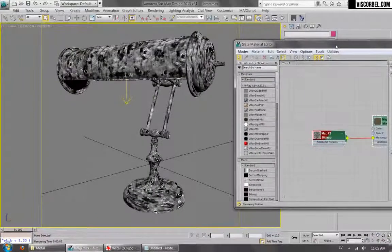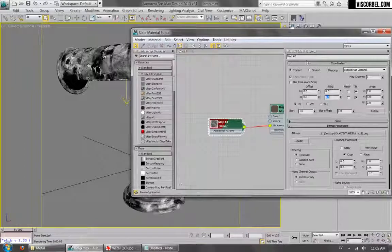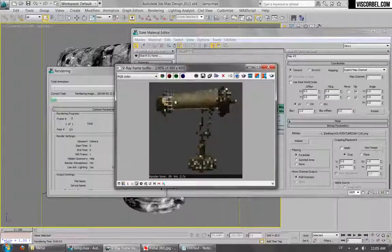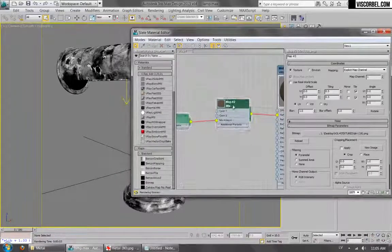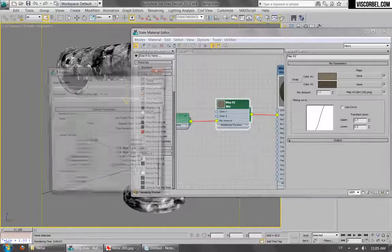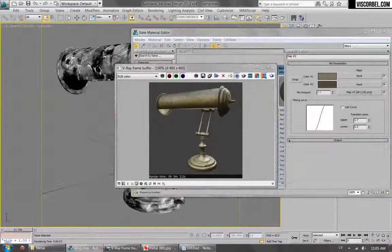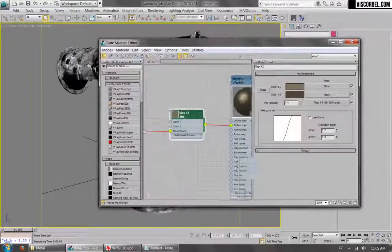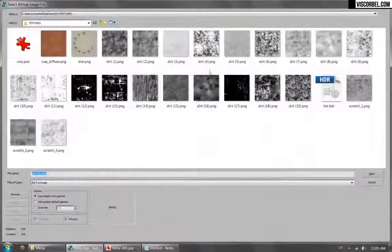Let's check the tiling. It's not too bad. Maybe let's reduce it a little bit. Make those patches larger. Okay, looking good. Maybe let's swap the colors around. Alrighty. Okay, that's fine. Let's go back to our material and set up some glossiness map to make those reflections